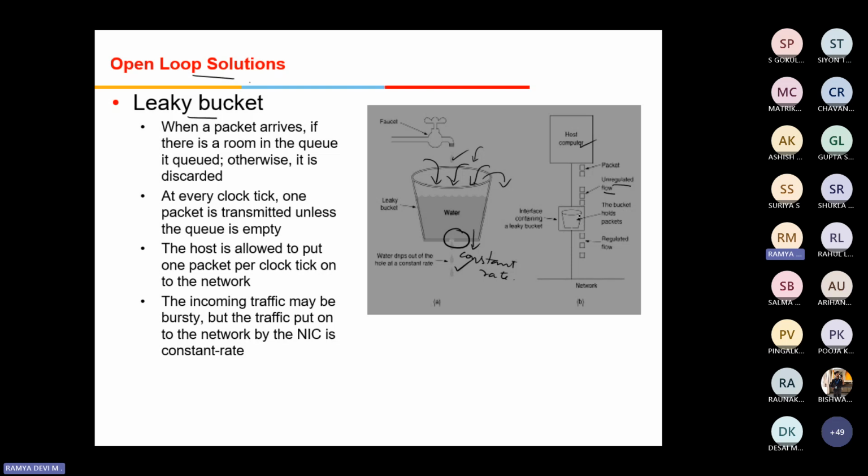So my bucket can hold up to 5 packets. Already 3 packets are there in the queue. So even if I'm adding 3 more packets, 2 packets would have been added, and the sixth packet will be discarded. So the inward flow is not restricted, but the outward flow is restricted. If the buffer becomes full and a new packet arrives, definitely it will be discarded. The output rate is steady, even if the input rate is bursty. So this will guarantee the network will be going in a fixed, predictable stream of packets.